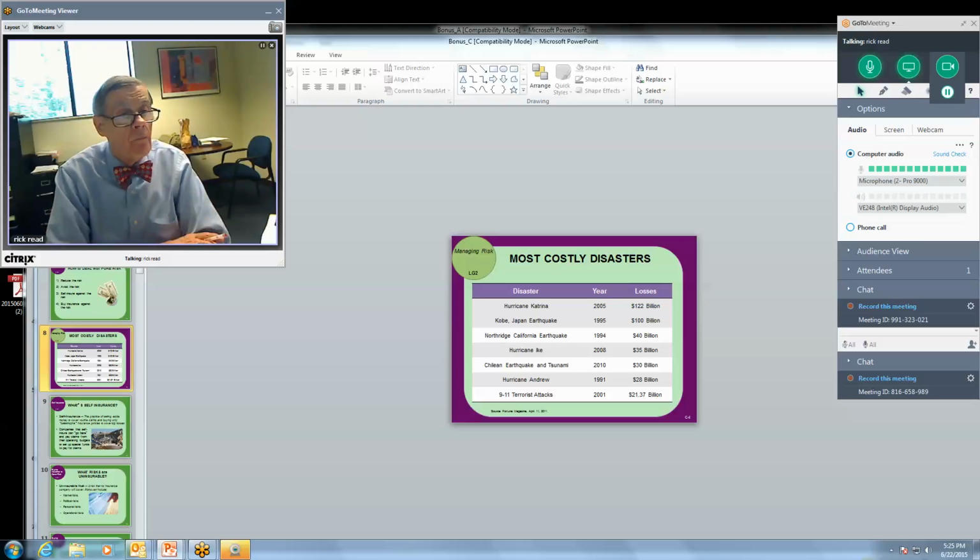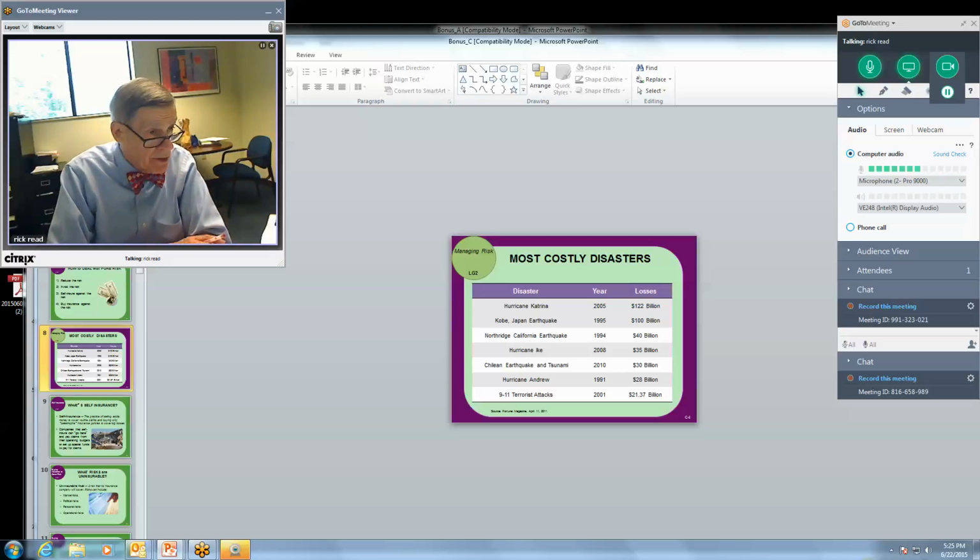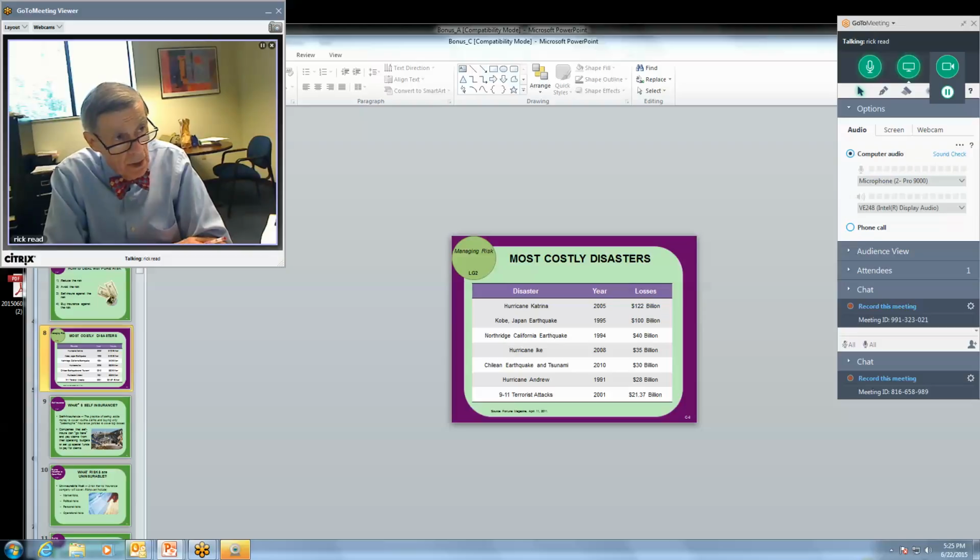By the way, we don't have the Japanese earthquake and tsunami that happened after that. We have a couple of Japanese earthquakes up there, but not the tsunami that was associated with it. One of the reasons we have this focus on hurricanes is that many of us today in the United States live within close proximity to water. And by water, I mean ocean or bay, Chesapeake Bay, Gulf of Mexico, things of that nature. And of course, when you do, property damage continues to rise.